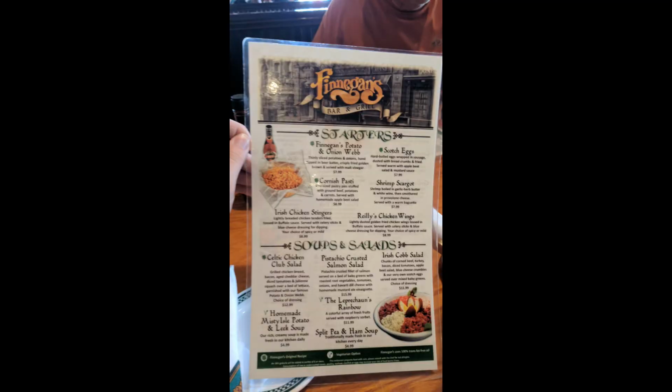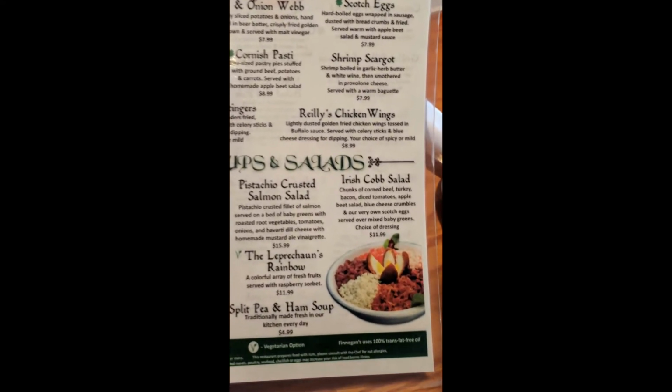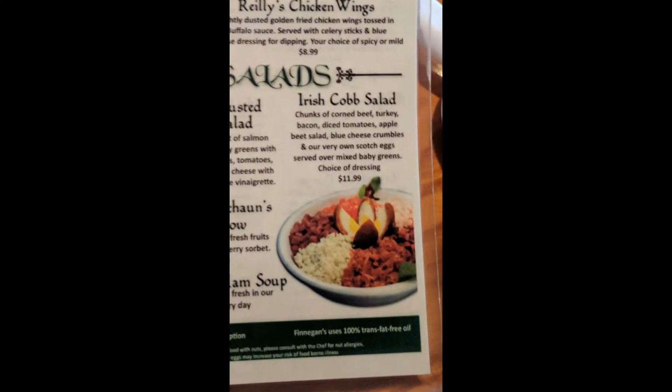So I got the Irish Cob Salad for $11.99. It has chunks of corned beef, turkey, bacon, diced tomatoes, apple beet salad, blue cheese crumbles, and their variant Scotch eggs served with a mix of baby grains and choice of dressing. I was not given a choice of dressing. The dressing that I got, though, tasted kind of like it had Guinness, or a stout or something in it. Beer based,